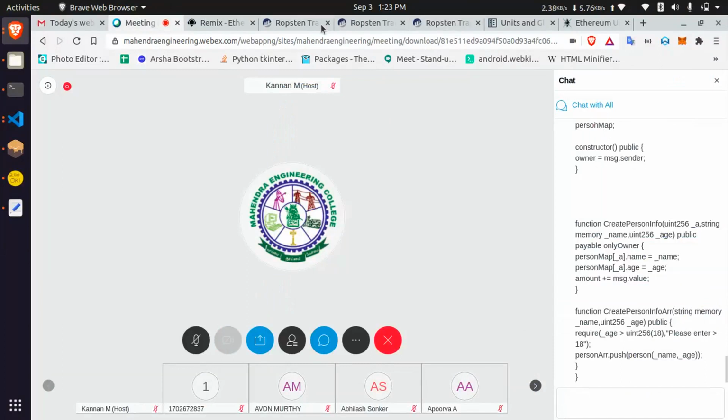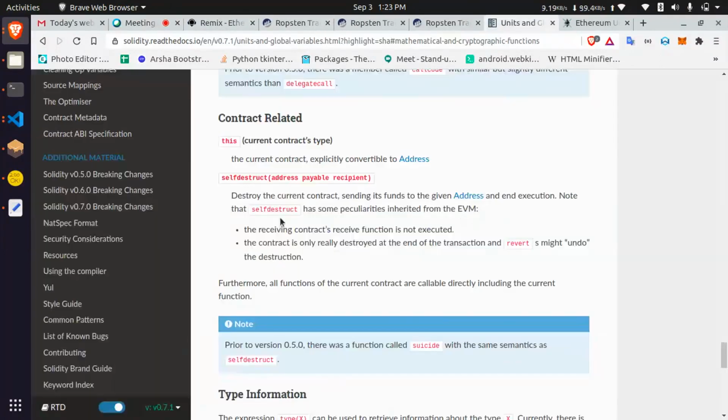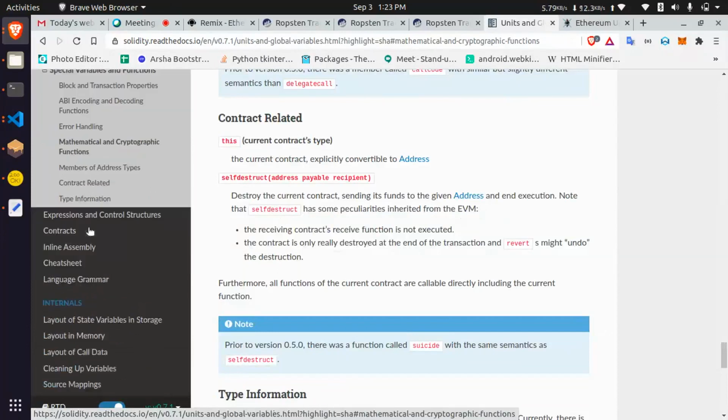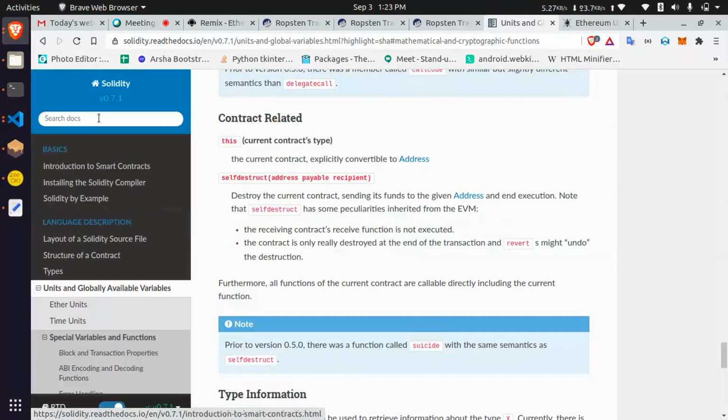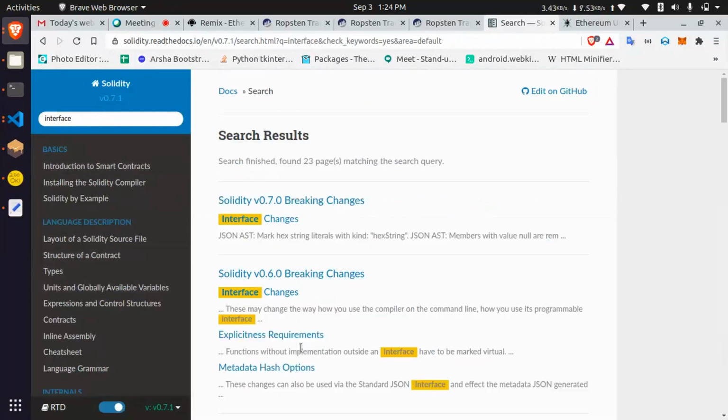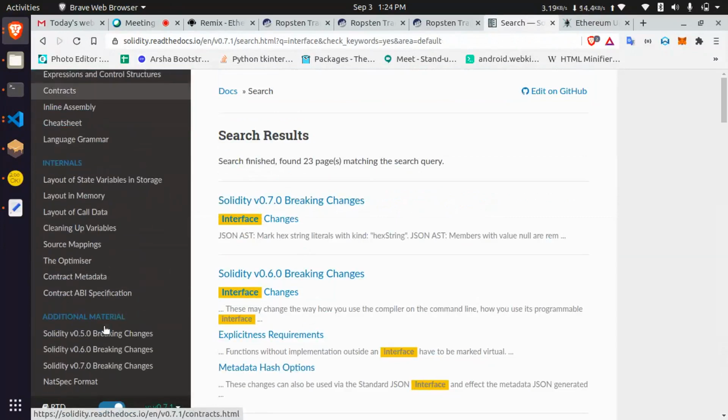There are already a lot of topics. Error handling is also there, and then the important topic is interface, interface and abstract classes.